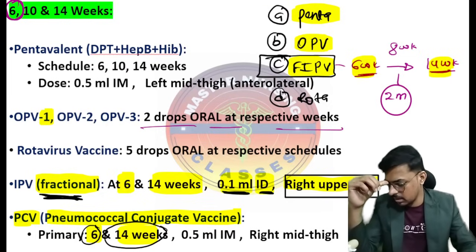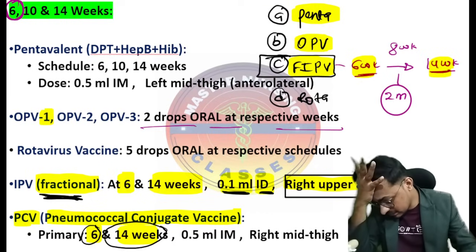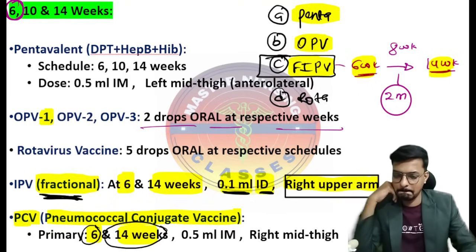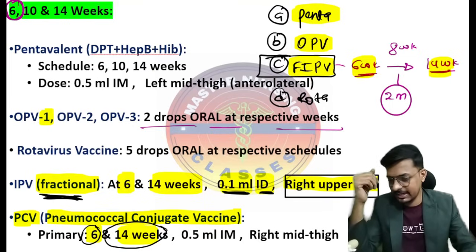Okay. So the next one is the rotavirus vaccine. Rotavirus vaccine will be given against which of the following diseases? Option A, pneumonia. Option B, polio. Option C, rota disease. Option D, diarrhea. Tell me the answer. Okay, so that is the correct answer. Diarrhea is the correct answer. So the rotavirus vaccine will be given against diarrhea.